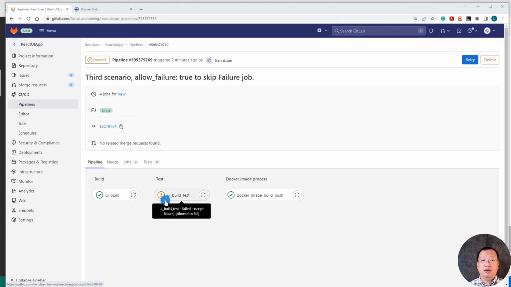Also, the UI build test job has a red alert icon. The Docker image process stage completed. The third scenario shows the evidence when we add the allow failure parameter to the UI build test job. Even though the job failed, the pipeline is able to move to the next stage, Docker image process.